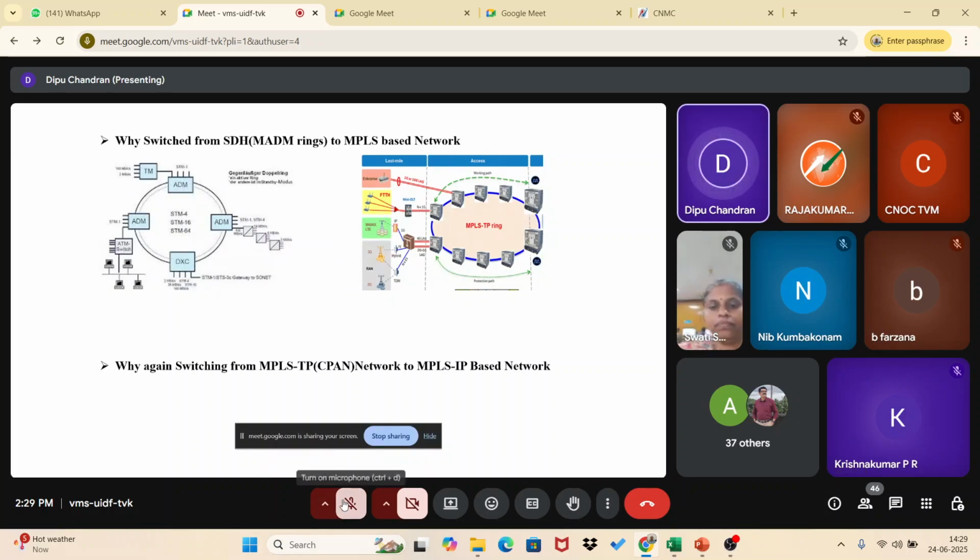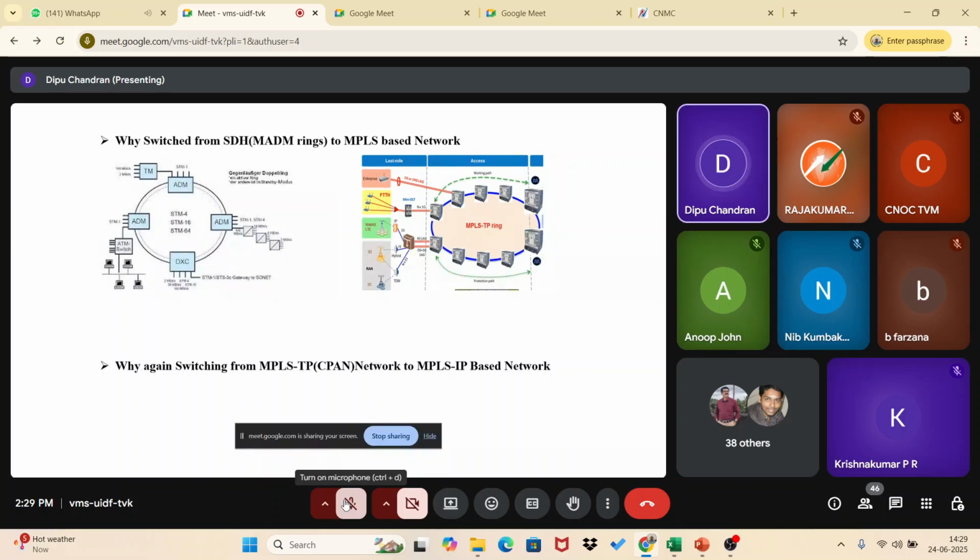Now the scenario itself has changed. They were connecting to us as L3. They said, I have a location, I have a router. I want to connect a router at Chennai, or I want to connect a router at Cochin. I don't need to know what infrastructure you are using, but I need the connectivity, and it should work like I am sitting in the same office. So the requirement has grown. So all the ISPs changed to an MPLS-IP based network.